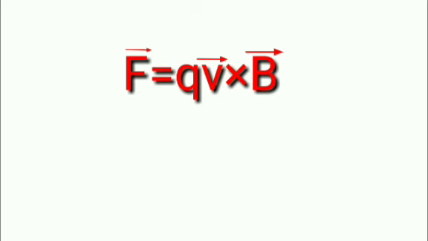First is the force, that is F vector is equal to Q V vector cross B vector. F is the expression for force, and it is equal to QVB sine 90 degree. 90 degree, because the magnetic field is in a perpendicular direction to the plane of the D's. So here we are using theta as 90 degree. So QVB sine 90 degree, and sine 90 is 1, we know that. So we will get F is equal to QVB.